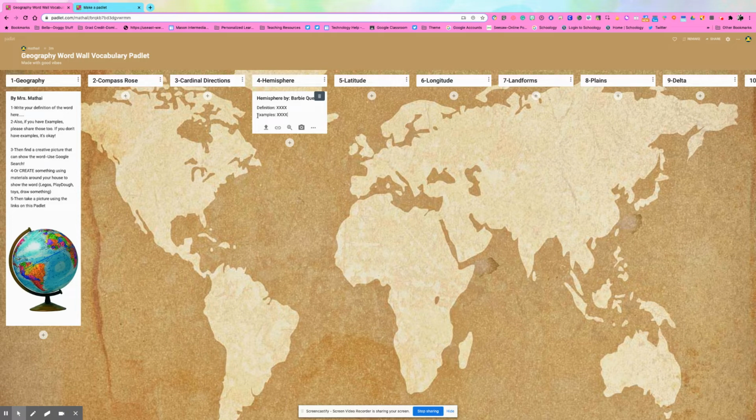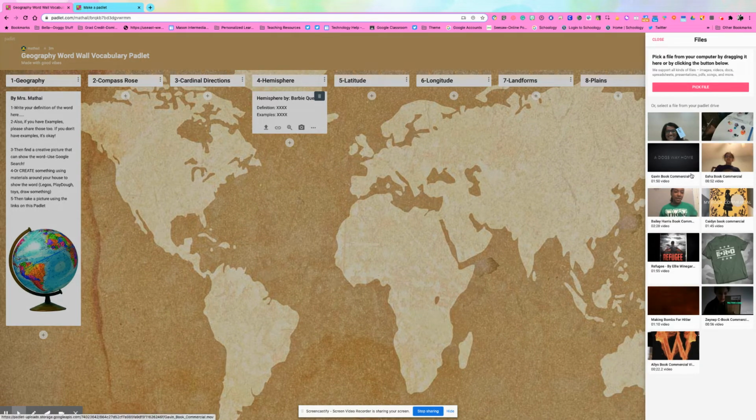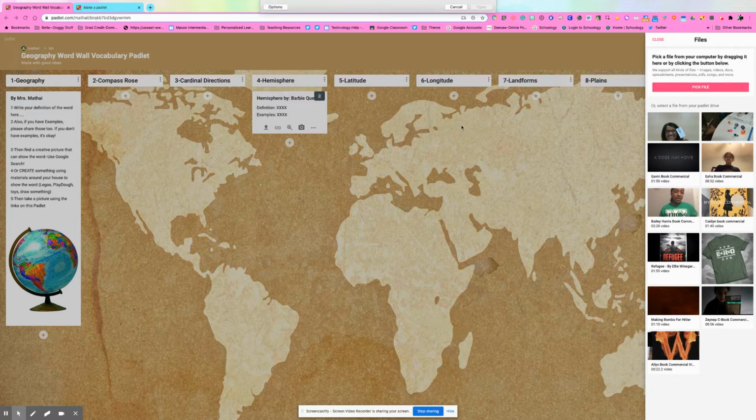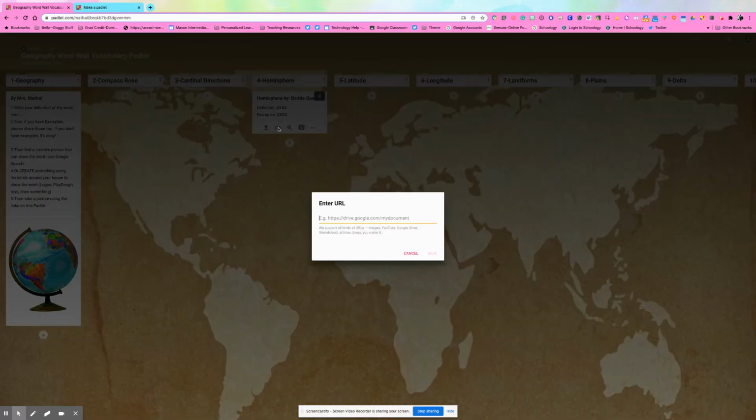Now, this is the cool feature that I really like: it's visual. You could upload something from your Google Drive. These are files that I've had before, or you could click here to pick a file from your Google Drive or from your desktop, which is really cool. If it's in your Google Drive, you may have to save it to your desktop if you want to use that option. This is a feature where you can take anything from the internet. It can be from YouTube, from Google Drive, an image,